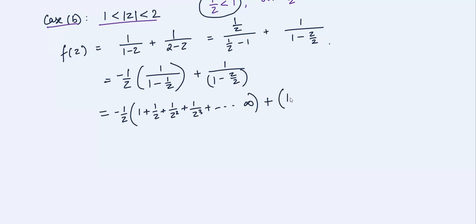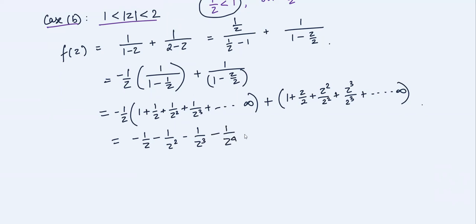This is 1 plus z over 2 plus z square upon 2 square plus z cube upon 2 cube to infinity. Let's simplify further. You get minus 1 by z minus 1 by z square minus 1 by z cube minus 1 by z power 4